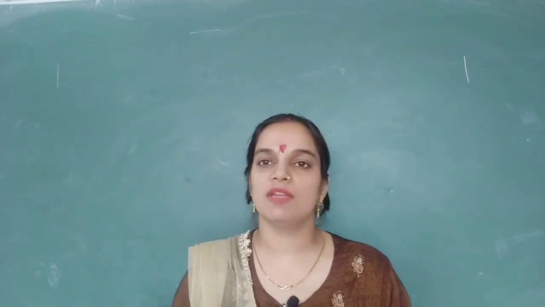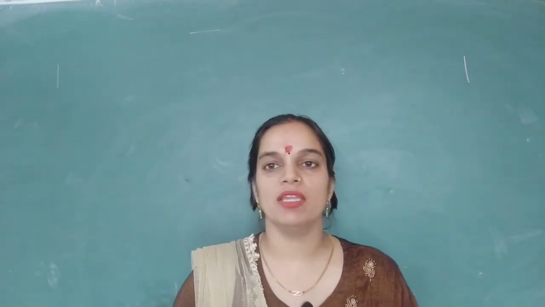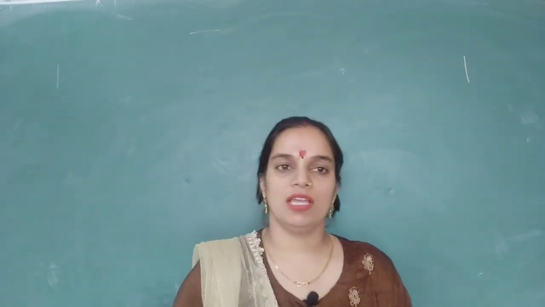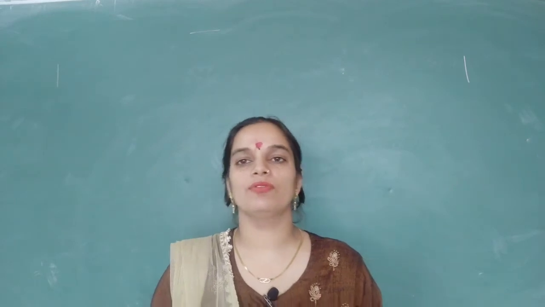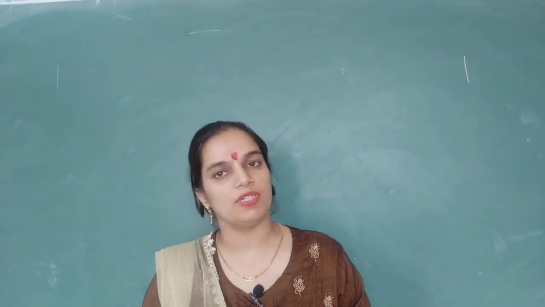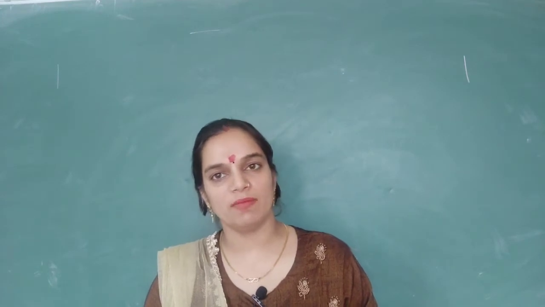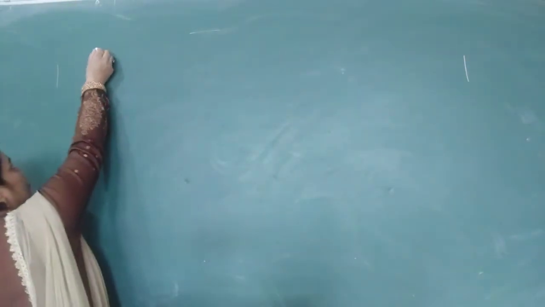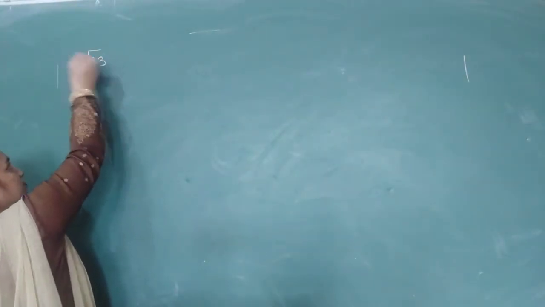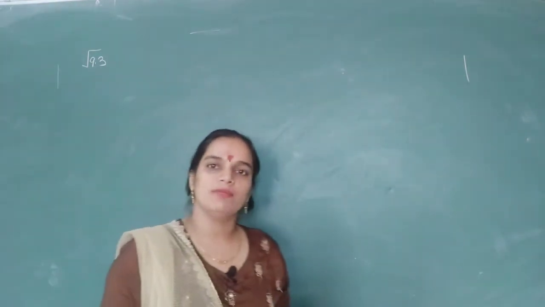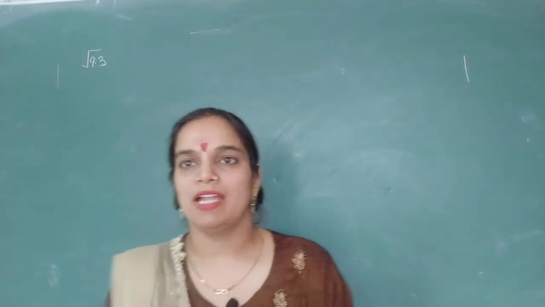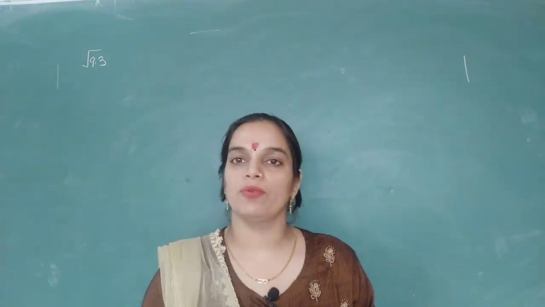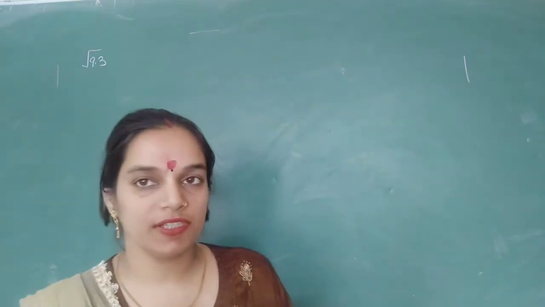In the same way, there may be any number in decimal form under the root, which we will represent on the number line, as we represented root 2, root 3, root 5 and other numbers on the number line. In the same way, now we will represent under root 9.3. The question can be changed. There may be any value in place of under root 9.3. It may be under root 7.4, under root 4.2 and so on. The method will be the same for all the questions.